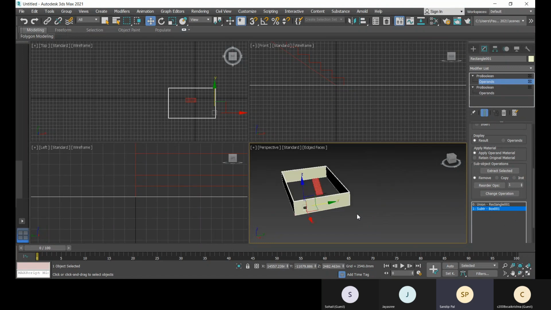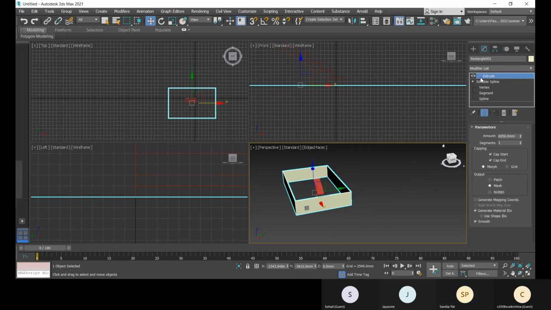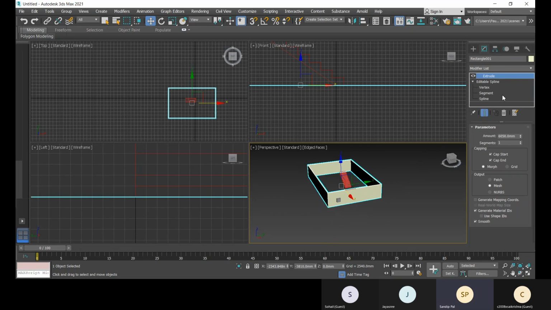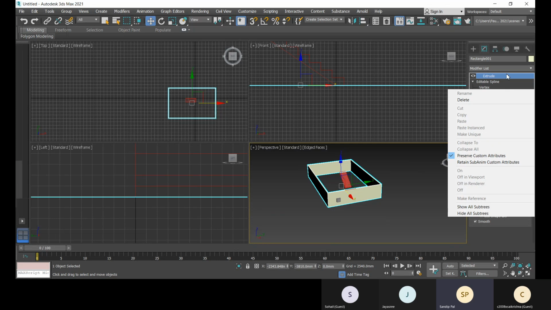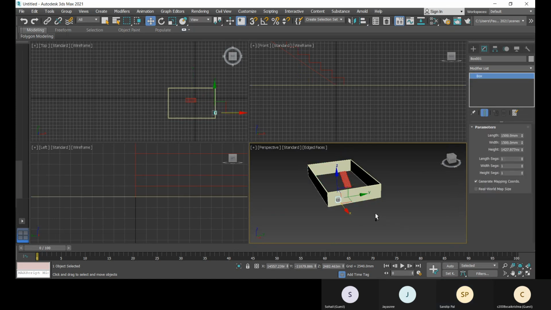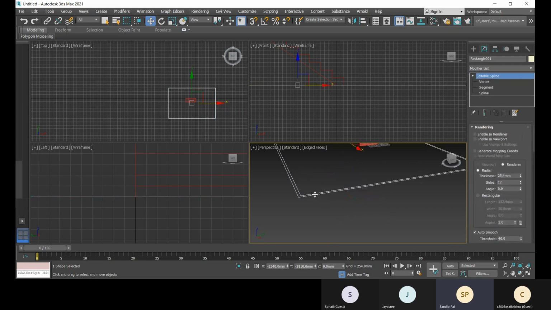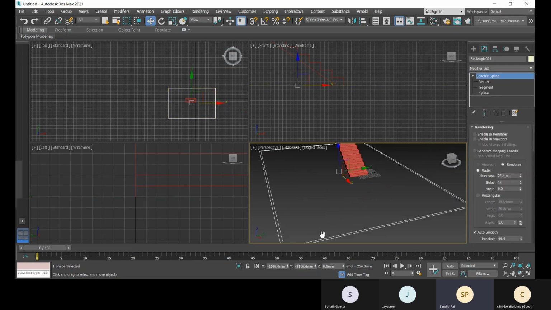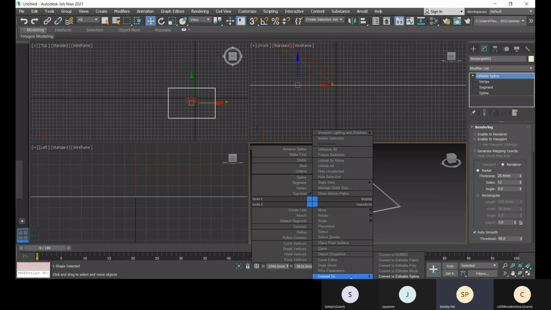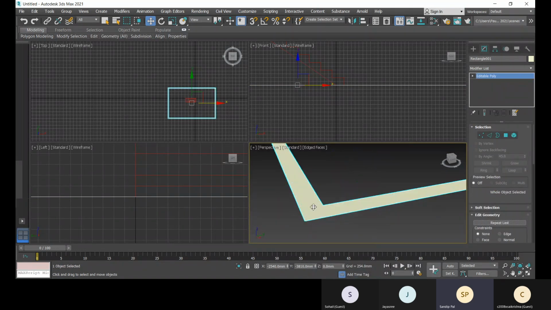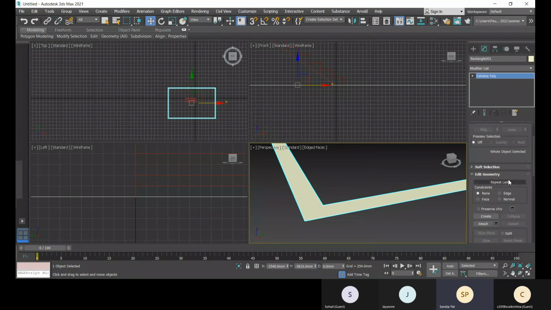So we are not getting this because I have done this as extrude. So for that, what you have to do is select this one, right click and convert to editable poly, and there you can add some more options.